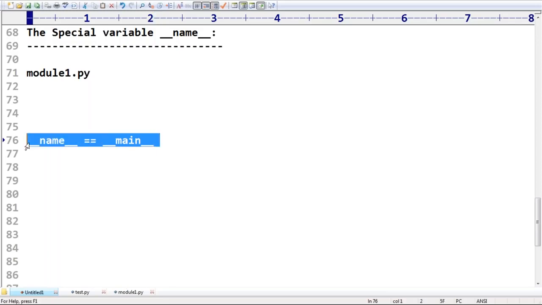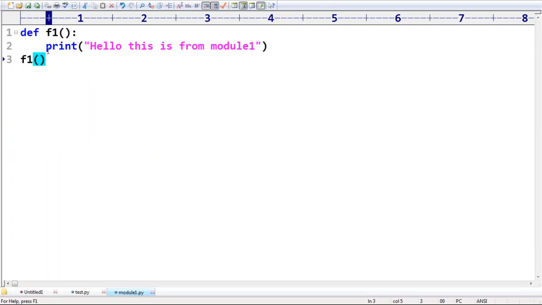Which variable am I using? Underscore name underscore. What is the value if it is executed directly? Underscore main underscore. Now have a look. I want to change the functionality of def here.